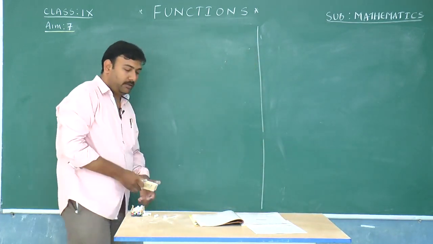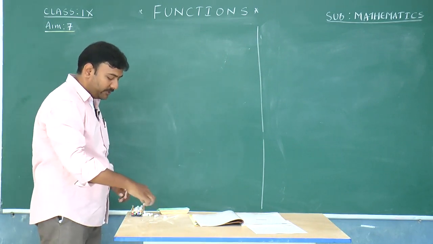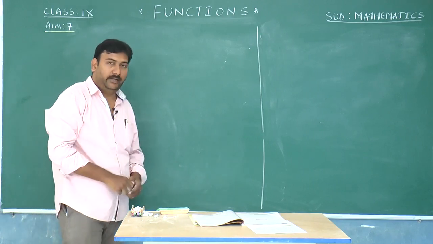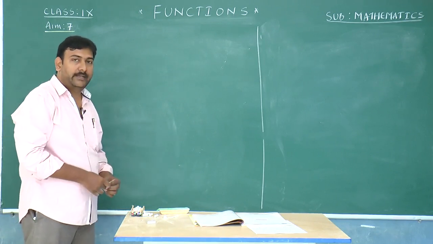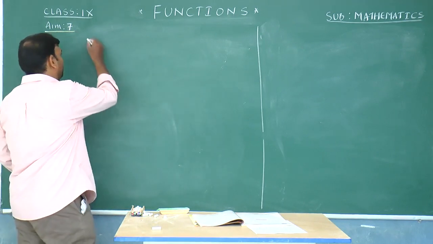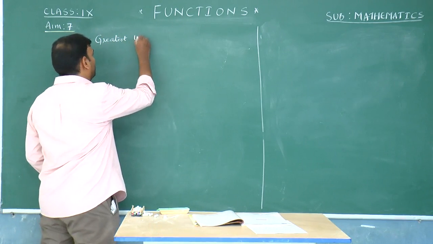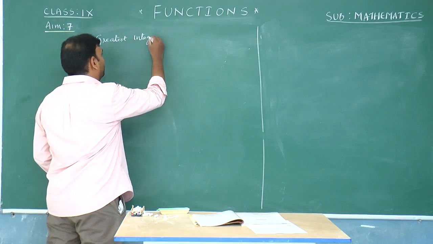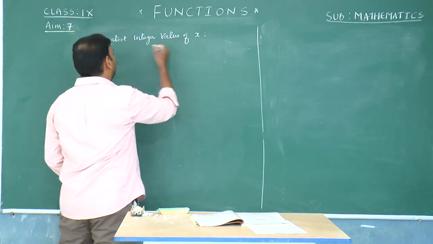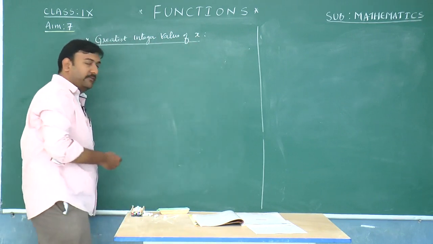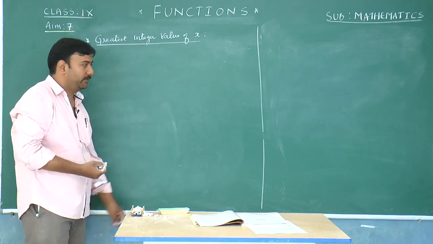Now we are going for the next type of function, that is called the greatest integer function. Before going to the greatest integer function, let me discuss what the greatest integral value of a variable is. After discussing the greatest integral value of the variable, we will discuss the greatest integer function. As we have seen the absolute value of a real number, the same way the greatest integer of a real number, or greatest integer value of a real number. So, the greatest integral